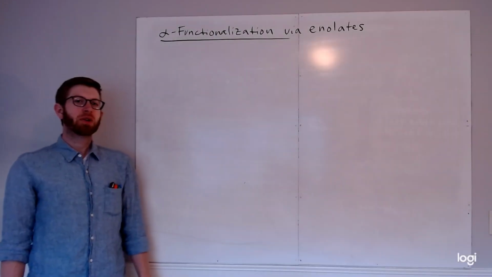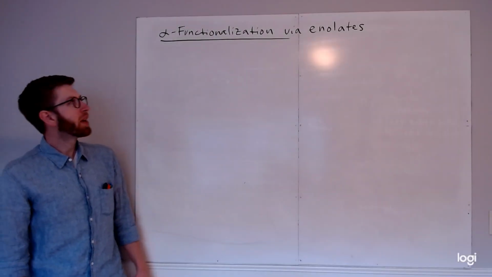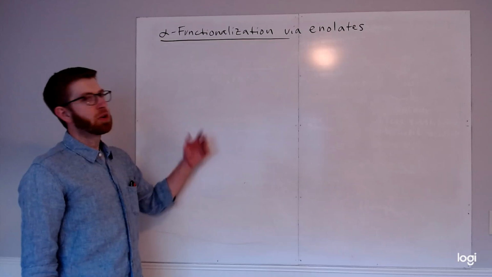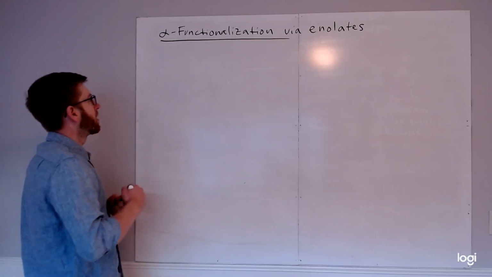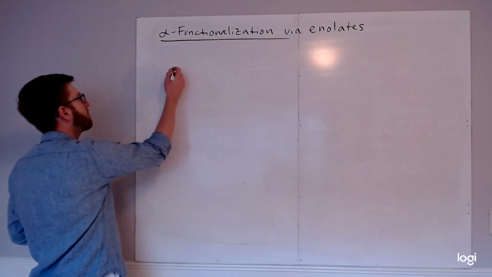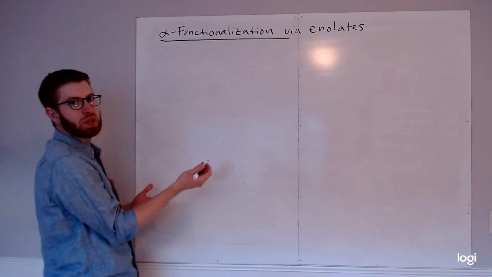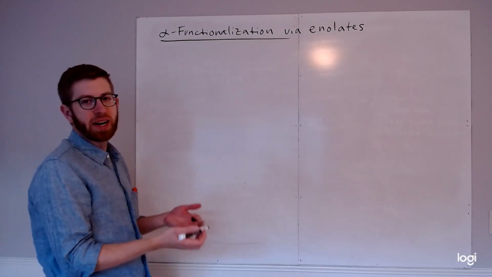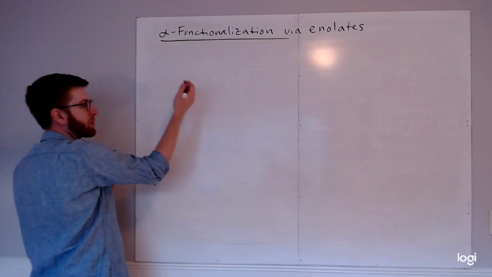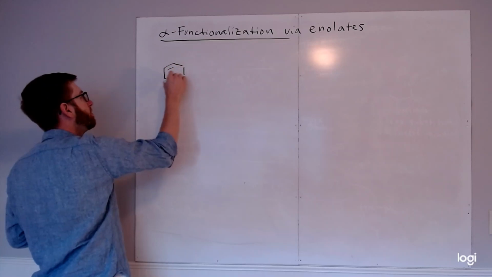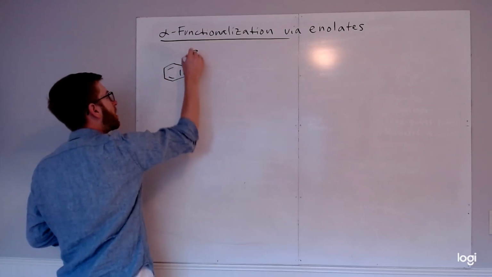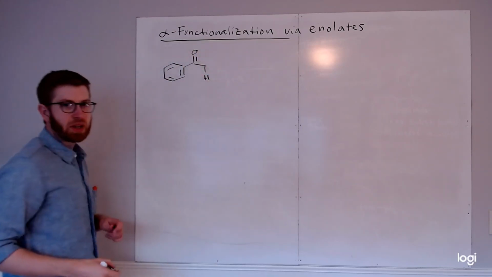In the second video for SLO9, we'll be looking at how we can use enolates to functionalize the alpha position of carbonyls. So to get started, let's look at an example with a simple ketone. And we'll choose an example that has only one alpha hydrogen that we can remove, or at least one kind. So we'll look at acetophenone, which is a structure we worked on in the last video when we talked about